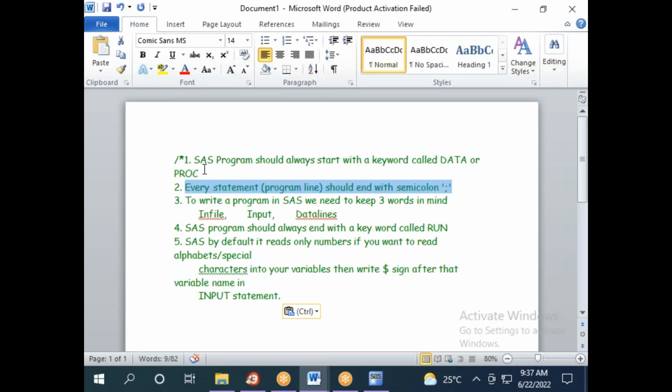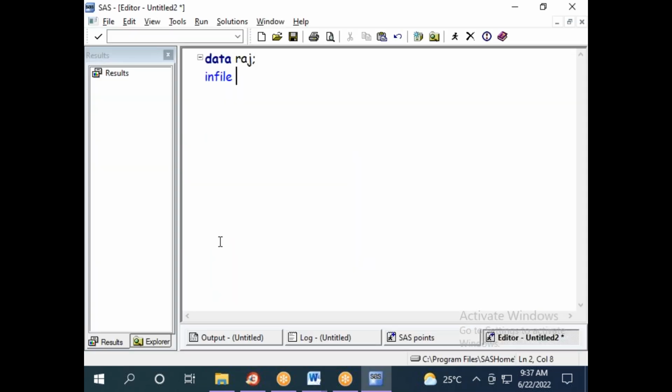Rule number three: to write a program in SAS, we have to keep three words in mind. What are they? Infile, input, datalines. Infile and datalines are standard text. With infile datalines, we are instructing SAS to read datalines into your file Raj. And the input statement will create all the column names, which are nothing but variables: